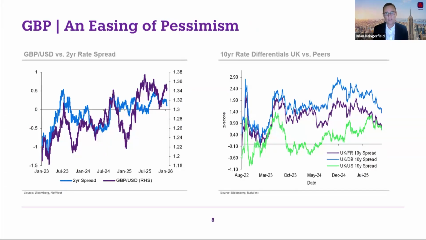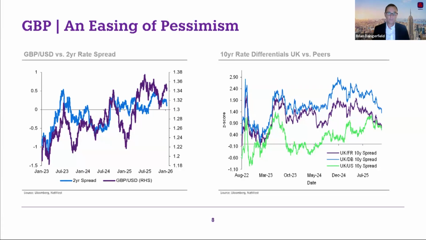If you remember a couple of slides ago, when we saw the interest rate differentials in the 2-year point and the dollar, that relationship had weakened in the post-Liberation Day period. Sterling is not immune to that weakening in the dollar relationship. But what we've been tracking more recently is interest rate differentials further out the curve and how that's related to fiscal risks. And I'll quote my colleague Paul Robson, who's been on these calls quite a bit, that the UK budget in late last year was seen as a potential significant flashpoint for fiscal related risks.